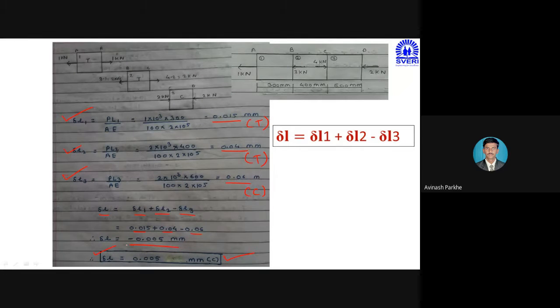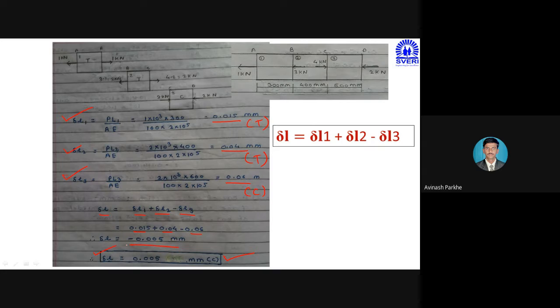Then focus on the middle section. First of all, decide the nature, whether the middle section is under tension or compression, and then go for the magnitude calculation by resolving the forces. Sometimes we have to go for addition, sometimes subtraction, or sometimes addition at one side and subtraction at another side. We have to follow that process. Once you get the 3 loads, convert all 3 loads into Newton. If you take them as they are and do the calculations, your final answer will be wrong and you will get 0 marks. Sometimes step marks will be given, maybe 1 or 2 marks for your force resolving or some formulas. Otherwise, you will get 0 marks if you have not converted all the parameters into N and mm.